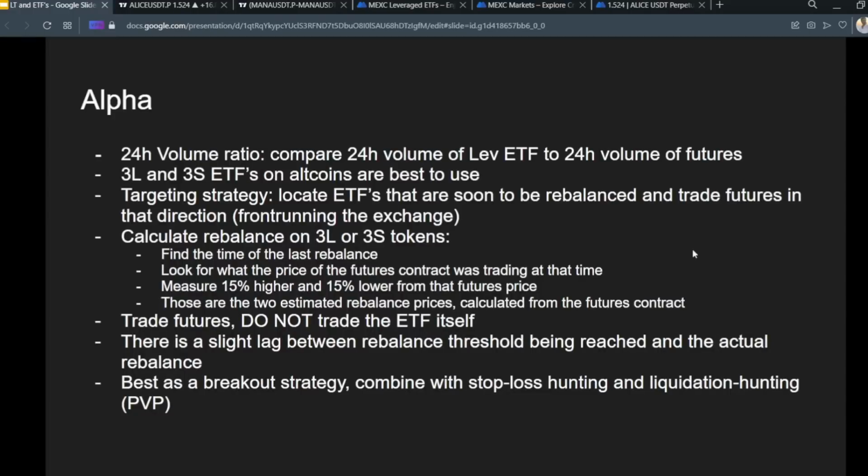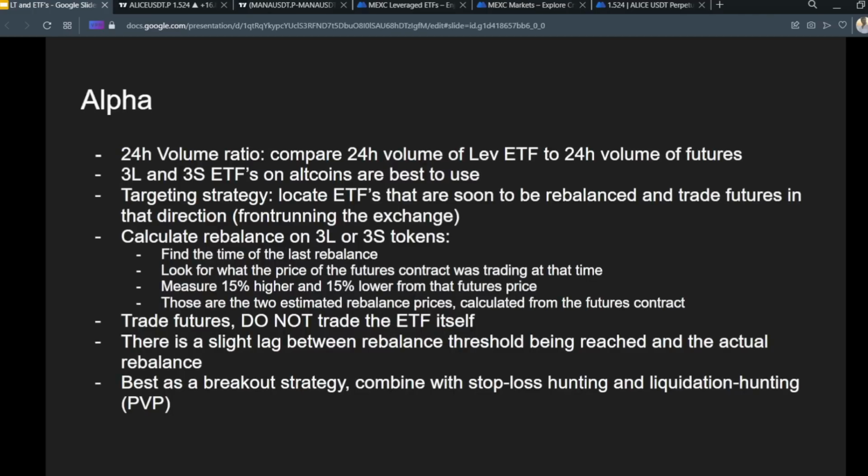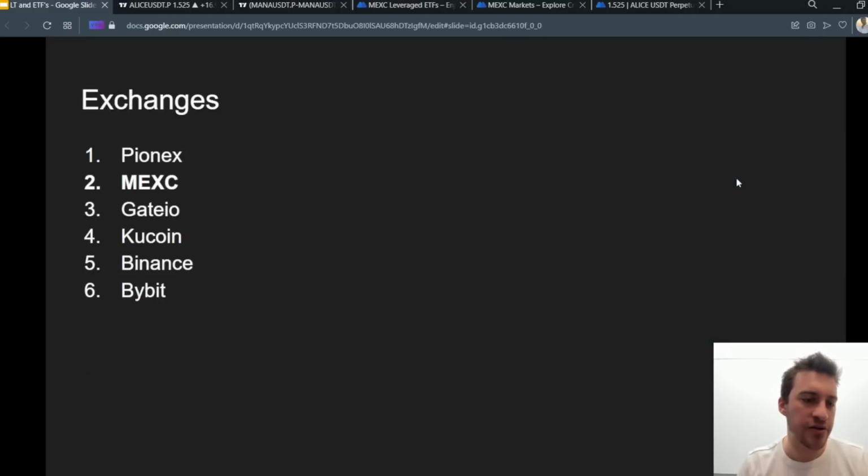Of course, disclaimer, this strategy is not going to always work. It's not some golden goose strategy that will always pay off. I do have to say that. However, what I will say is that this is a massive inefficiency across multiple exchanges, and it has been for years. I love it. I've actually found it very easy to make money through a targeting breakout strategy, where I see if a futures contract is getting close to that rebalance percent, then buying or selling to target that rebalance is typically not a